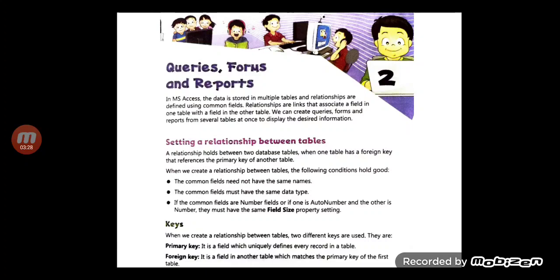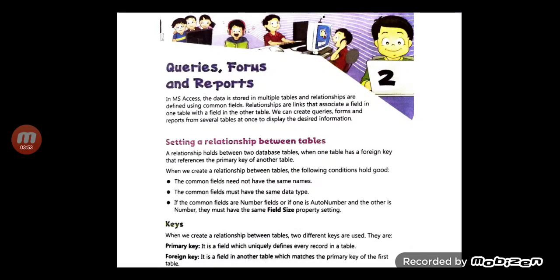A foreign key is a field in another table which matches the primary key of the first table. That means when a primary key appears in another table, we call it a foreign key. Foreign keys do not have to be unique, right? But the primary key is always a unique key, right?